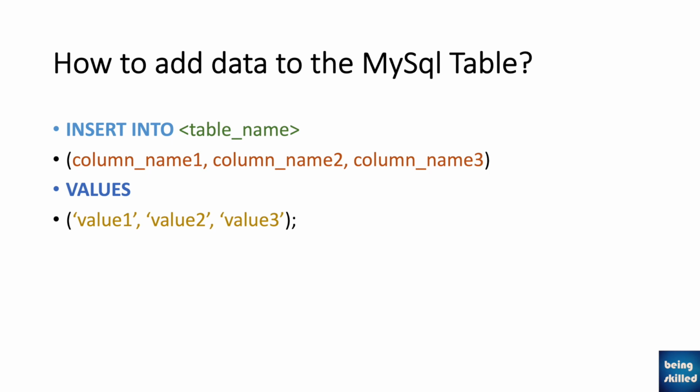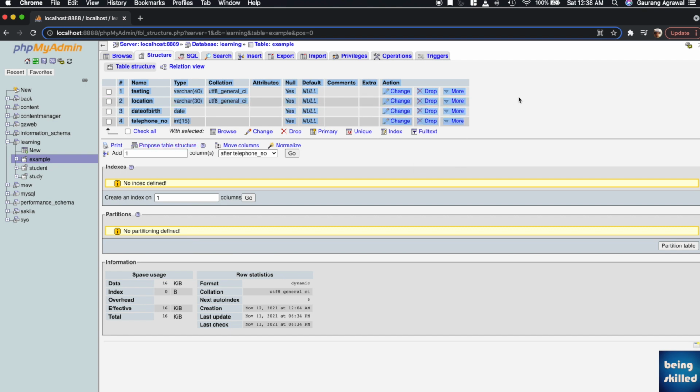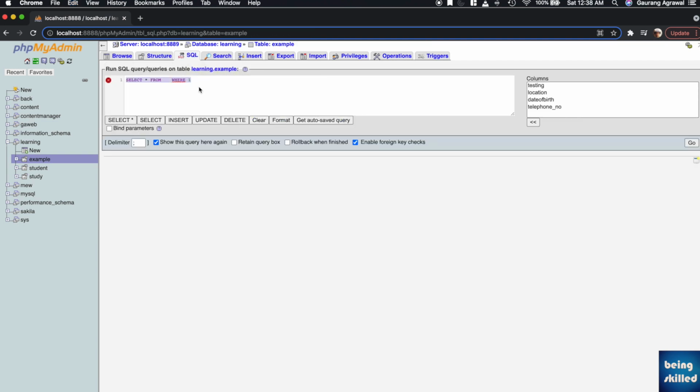Now we will try to do that. So we will just go to phpMyAdmin, and here we can see this is the structure of the table, where we are having 4 columns: testing, location, date of birth, and telephone number. So we will just try to remember all of the names, and then we can just go to SQL, and here we are having